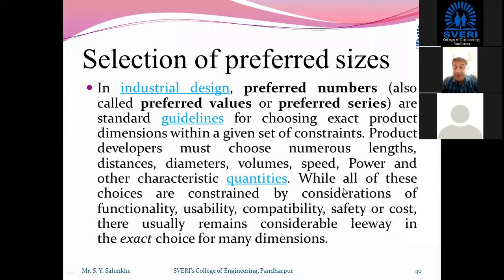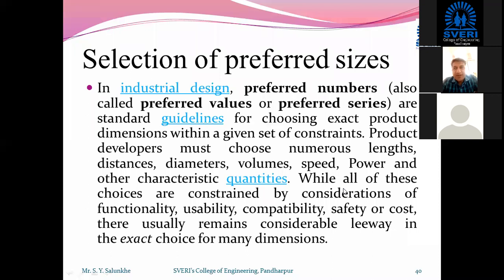it can be standardized. But we know that if we select a diameter below the one we have calculated, then definitely the design will not be safe. That's why we choose a value which is higher than that. So if it is 27.8 millimeter, we choose the next value, that is 30. That may be a standard value which is available in the market, right? All these things are done for the functionality, usability, and compatibility of that component, and safety. Safety is the important point which we choose.